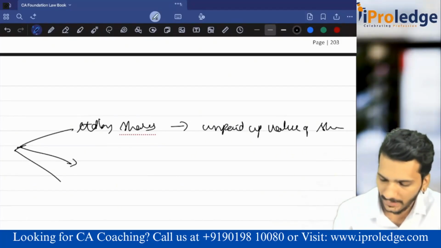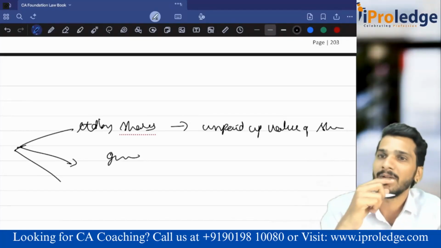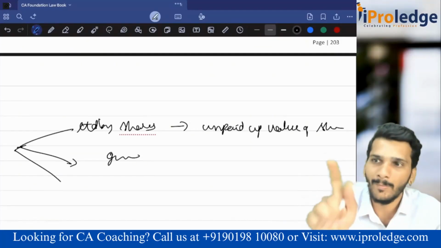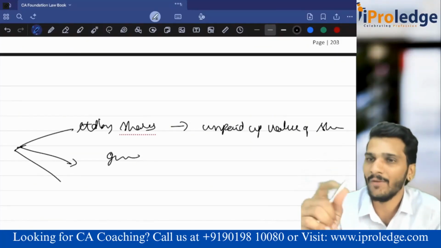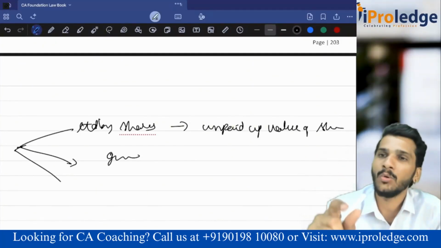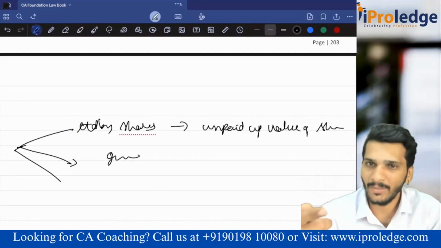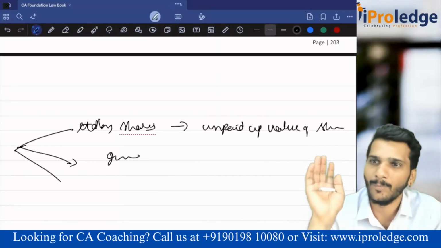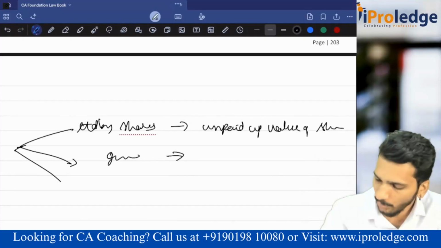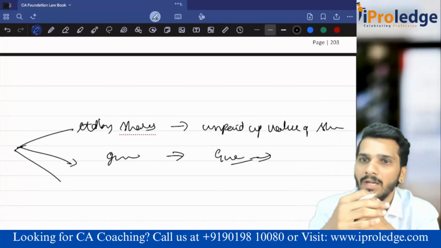Then, the second type of company is limited by guarantee. Generally, a company limited by guarantee, generally I am saying, not always, will not have share capital. There will be members, but members will not buy shares. Members will have a sharing ratio, 10%, 20%, 30% like that. But they will agree to contribute some amount of money. That contribution agreement is called a guarantee. I am giving a guarantee: if something happens, I will contribute this much amount of money. That is called a guaranteed company. In that case, the liability is equal to the extent of the guaranteed value by the members.